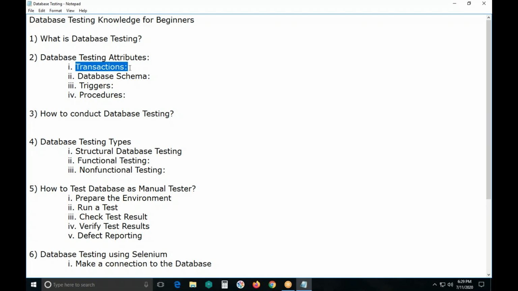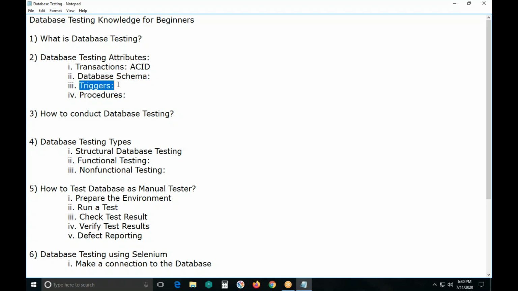During the transaction process, the ACID properties, atomicity, consistency, isolation, and durability, should be followed. Next, database schema. It is the design or the structure about the organization of data in the database.